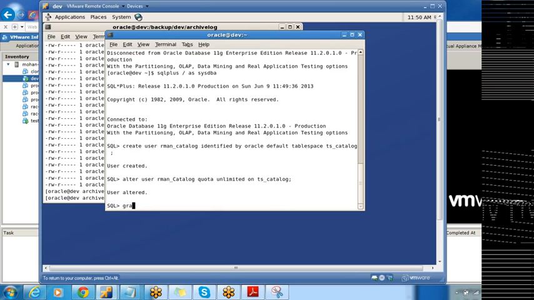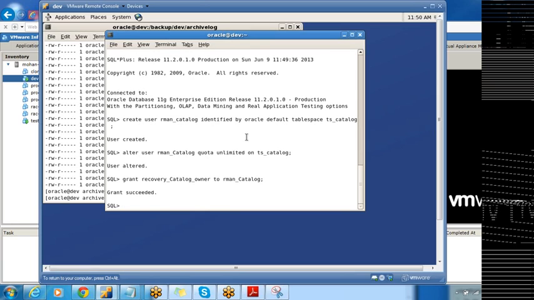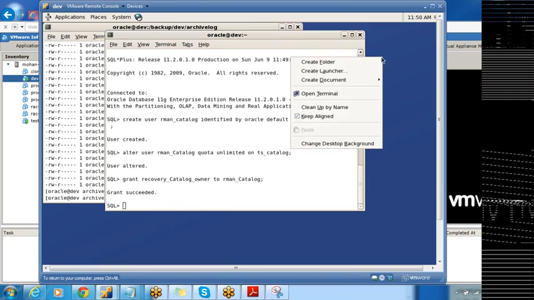After that, you have to assign recovery_catalog_owner to the user which you created. Okay. So these are the steps. First, you have to create a user. We have to assign quota on a tablespace. After that, you have to assign a role called recovery_catalog_owner. Okay. After that,